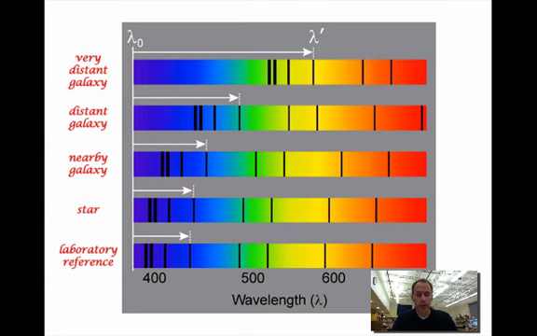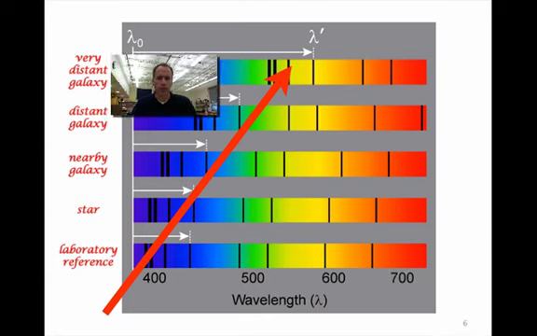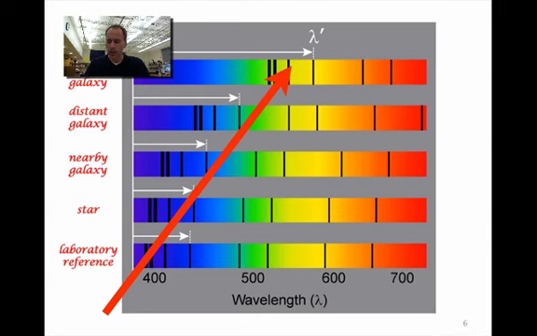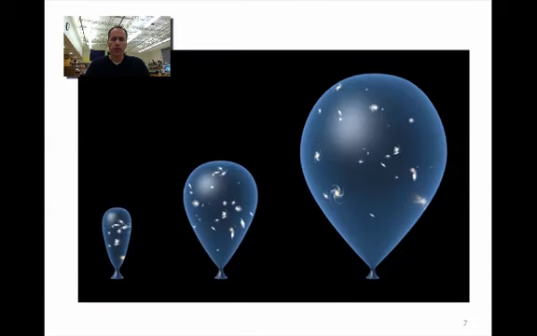What Hubble observed is these galaxies that he looked at, and as he measured the distance to more and more distant galaxies, he saw that the lines were shifted toward the red end of the spectrum to a greater degree, which says that A, they're moving away from us, and B, the farther ones are moving away from us faster. So those are the two things that Hubble did. Then there's an arrow that shows the shift in those spectral lines. So you can imagine it as something like this.